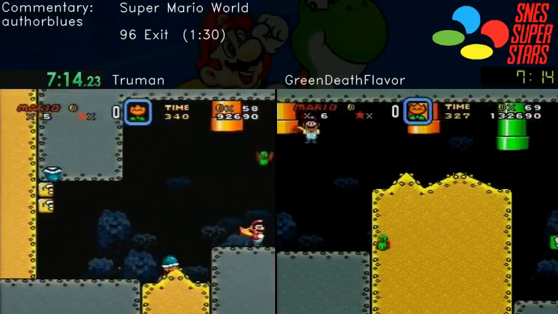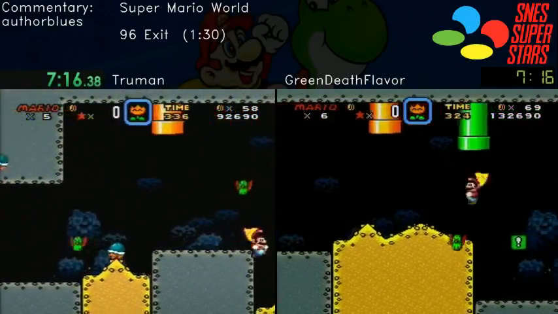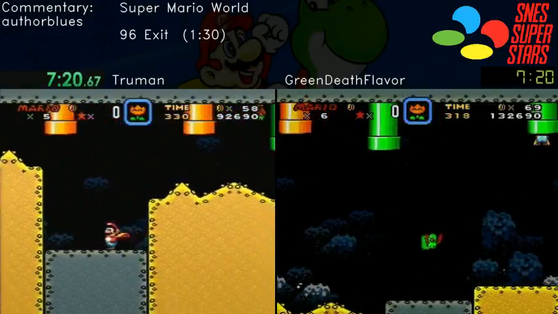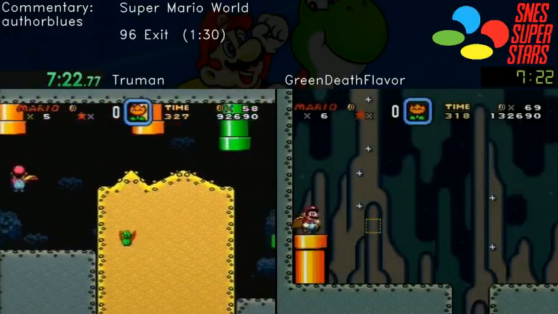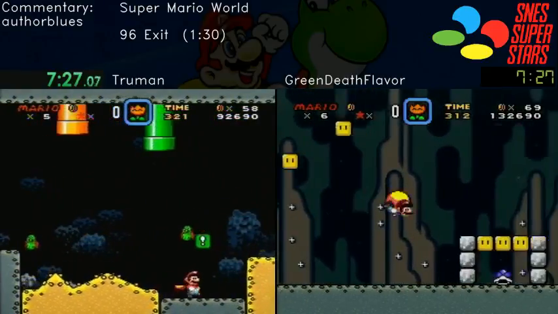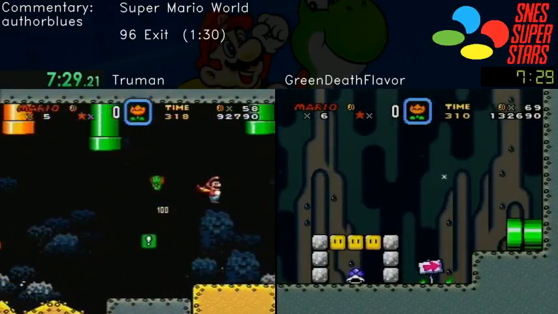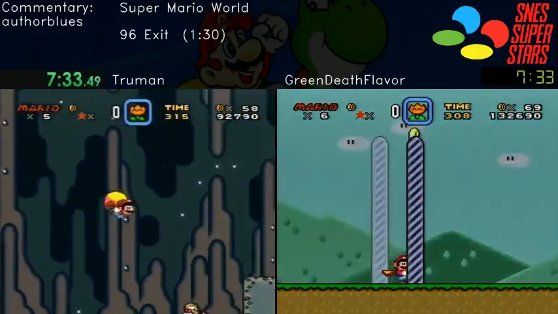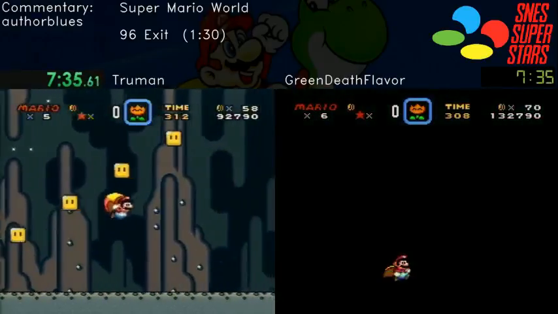Yes, I do, Aaron. This route feels weird. I haven't done this route for several months. It really doesn't matter too much, though. Yeah, it's relatively easy to swap between routes. Most of the stages that have a requirement for certain power-ups, you get them right before it, and most of this run's just Cape and Fire Flower anyway, so...